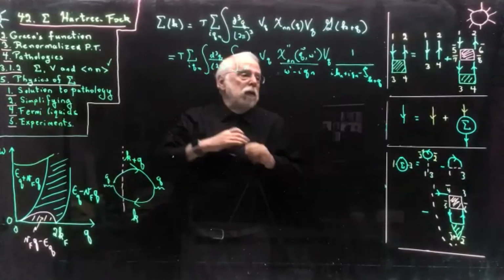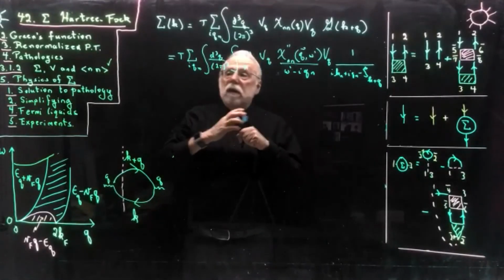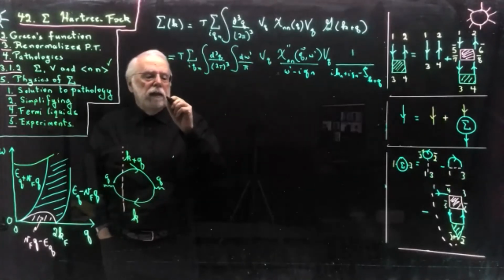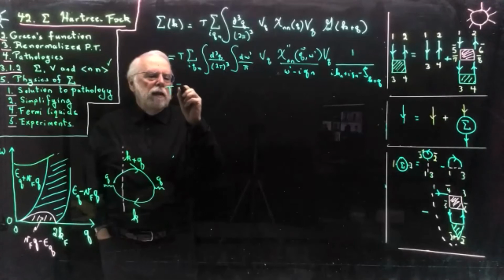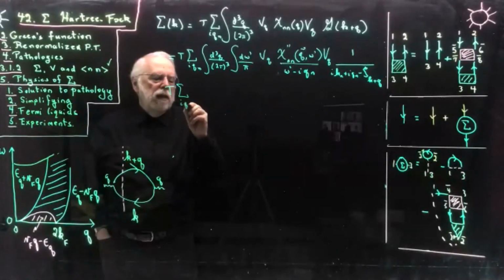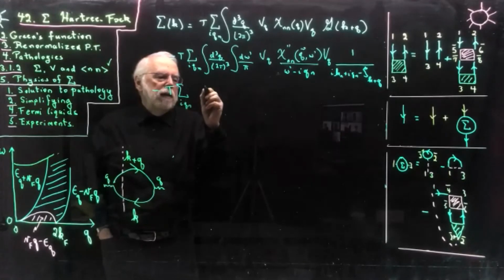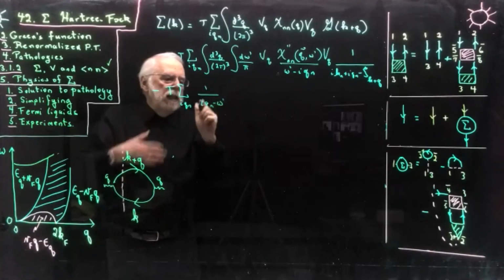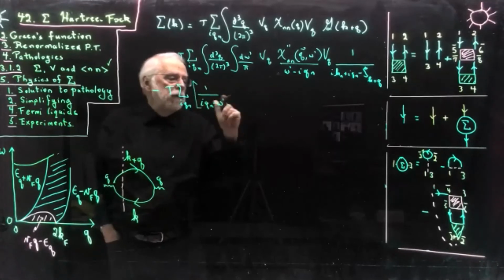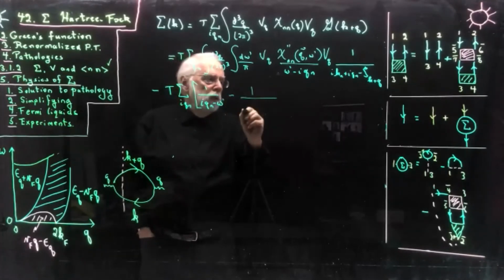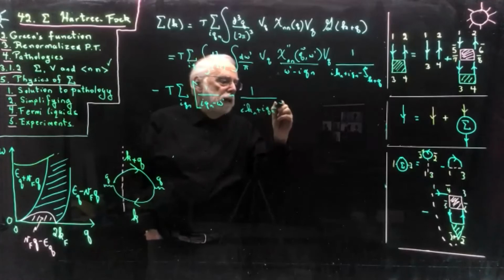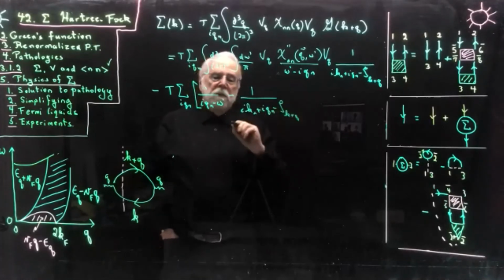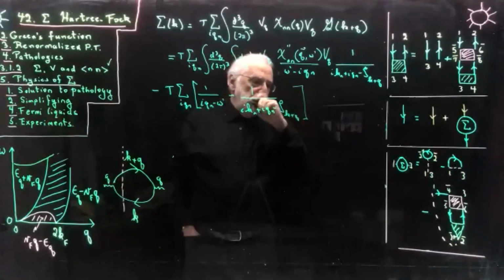So how do we do this sum over iqn? Well, we write T times the sum over iqn. I put a minus sign here, and here I write 1 over iqn minus omega prime. Okay, so I just use the minus sign here. And then I will use this partial fraction decomposition that we are used to. This is ikn plus iqn minus zeta of k plus q. And here I get 1.